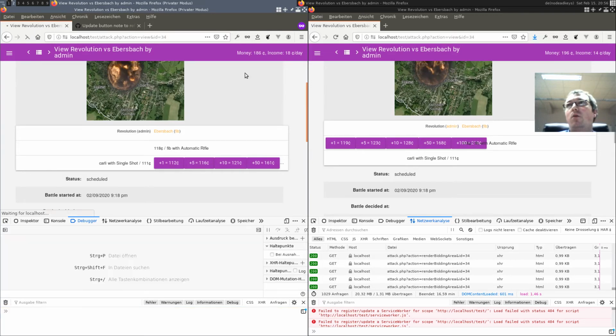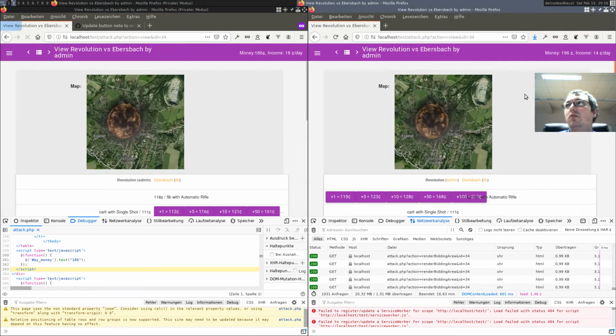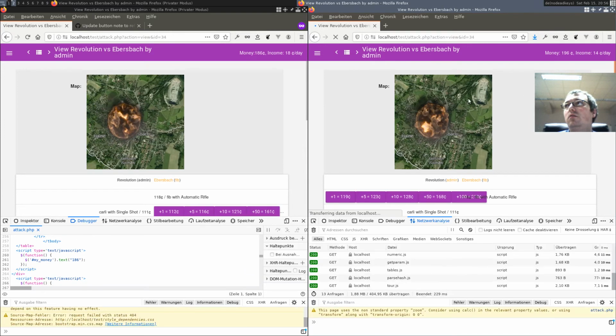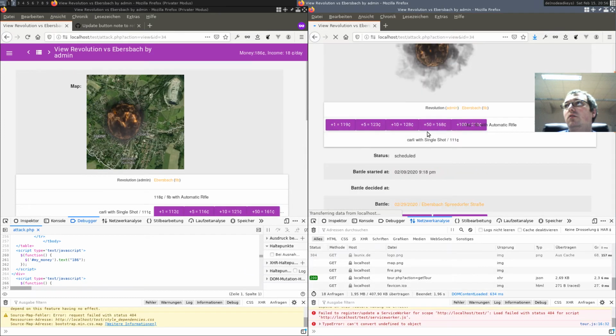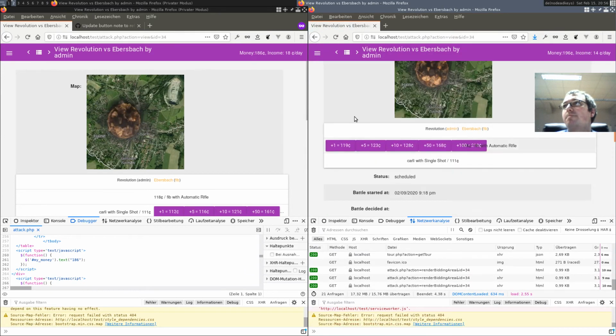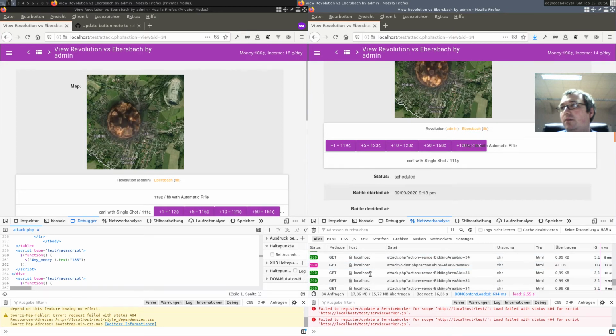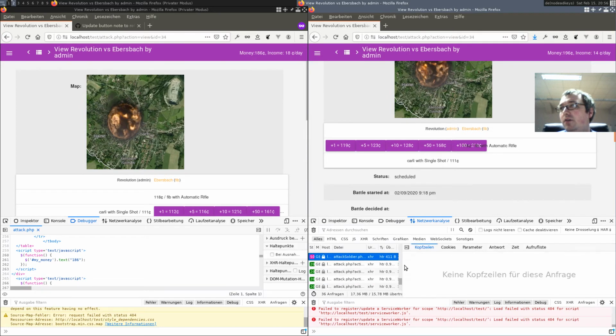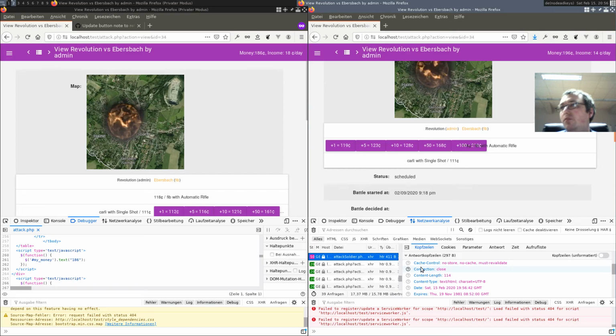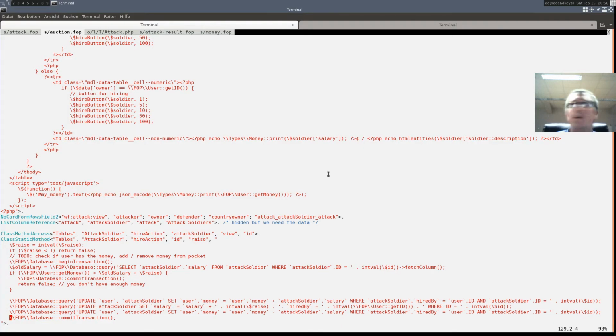Now if I click on 123 money, what's happening? A 500. So raise will raise an error.